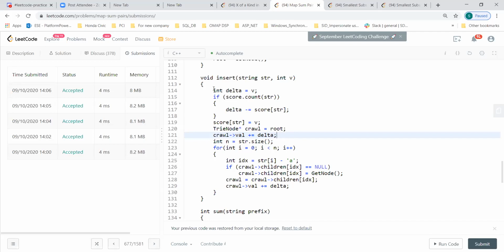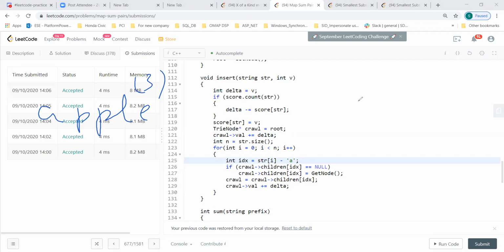See, what I'm doing is, okay, if my apple value, how do I annotate here? You can write it down. So if I already have APPLE, and I have a value 3 in this case for apple, for each and every try, if I assume I have a try which starts with A node, then go with B, then with P, and then with LE.